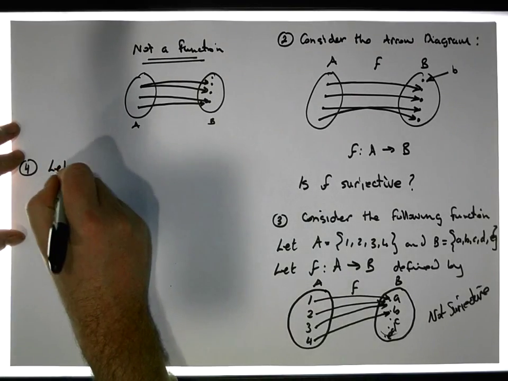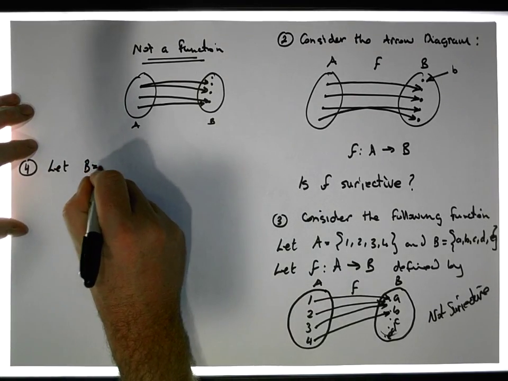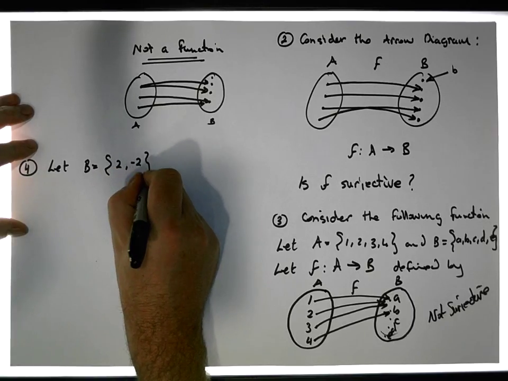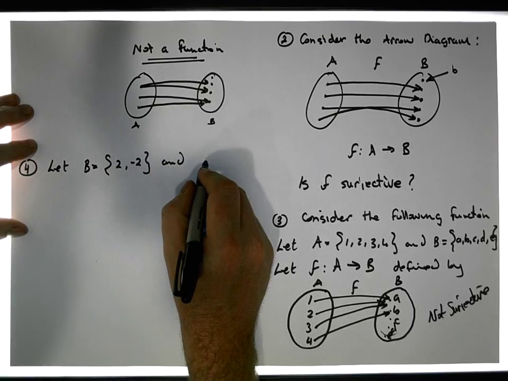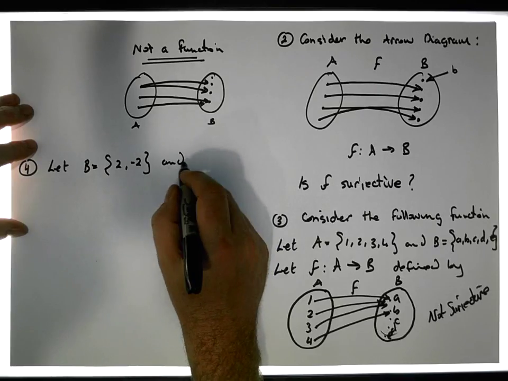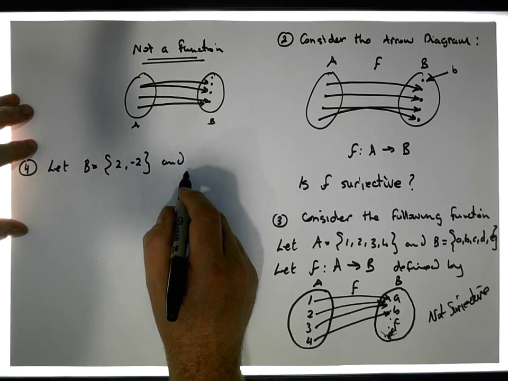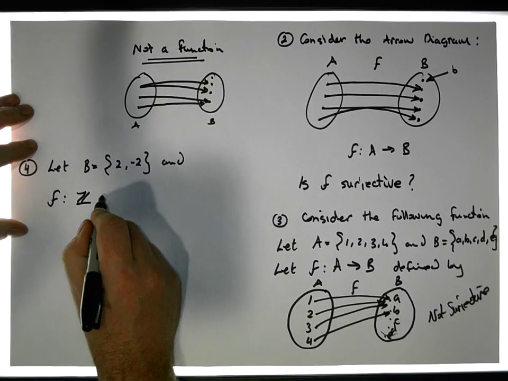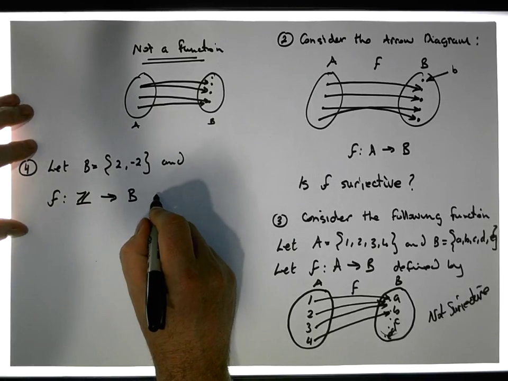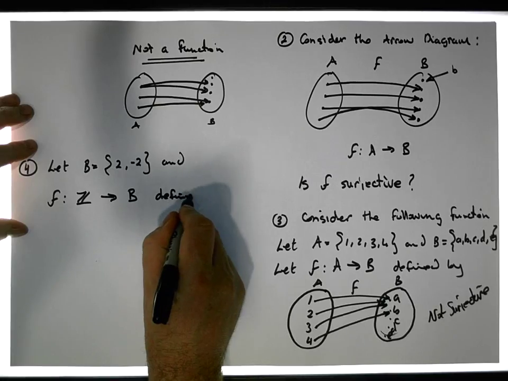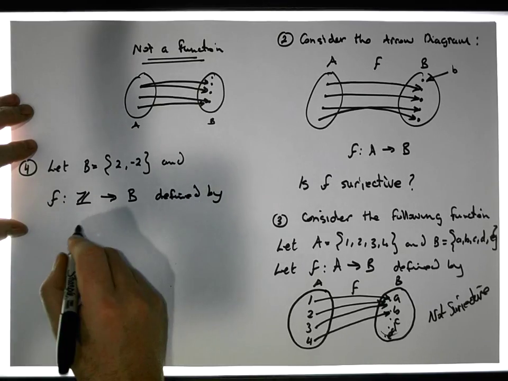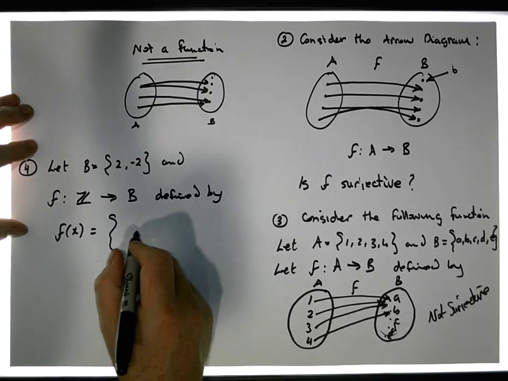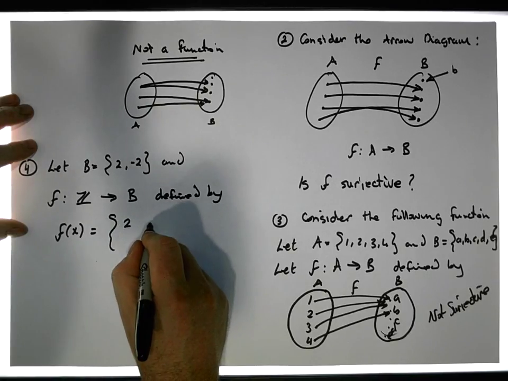Let B equal the set {2, -2}, and let f be a mapping from the integers into the set B, defined by f of x equal to 2 if x